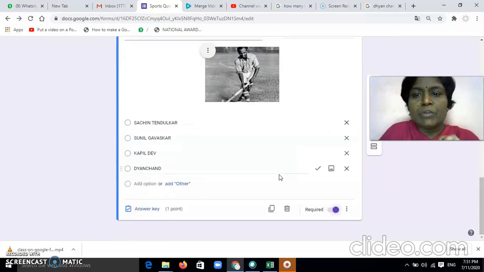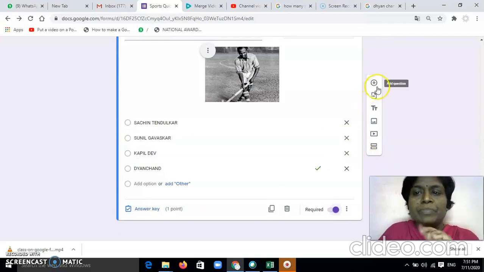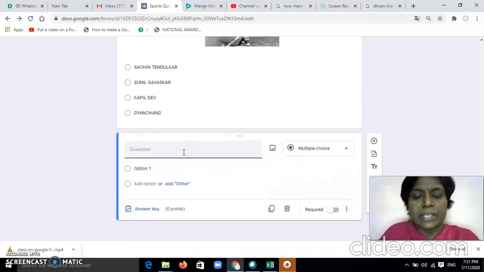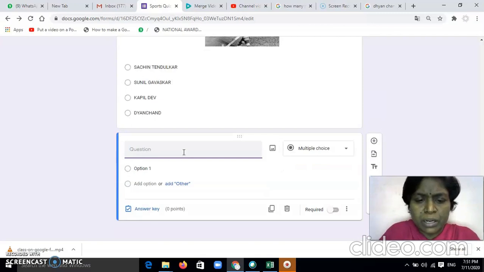Now if I want to insert the image in the answer, what should I do? See here. I will again press the plus question. What is the question number now? Question number 4.